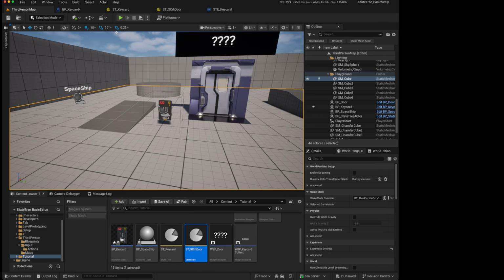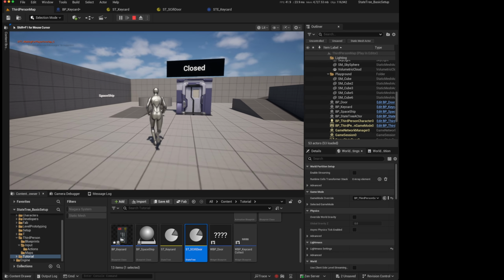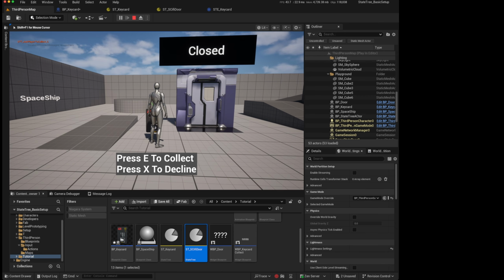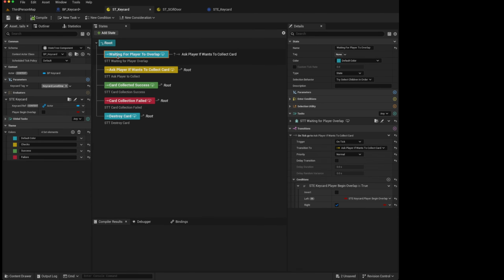So we go back to our main editor, and if we press play, in the top left, there is the debug information of what task our key currently is in. So it's waiting for player overlap. And now when we walk towards it, an overlap, we now get the widget asking us to press E to collect or X to decline. And in the top left, you can see we're now in state tree ask player to collect state. So that transition is correctly waiting for a change in the variable and checking on tick before it transitions to